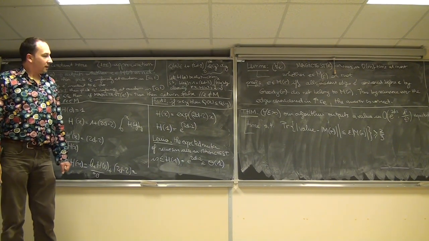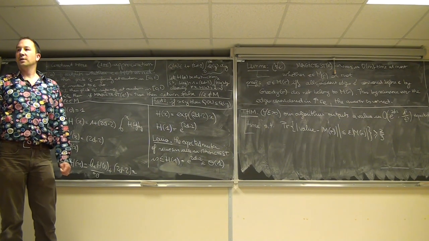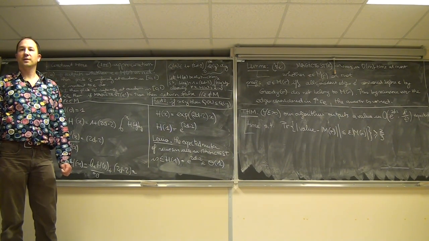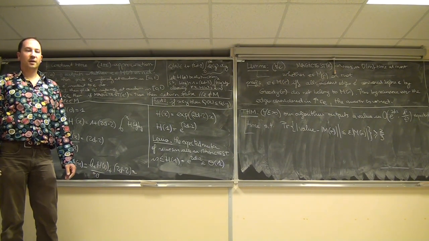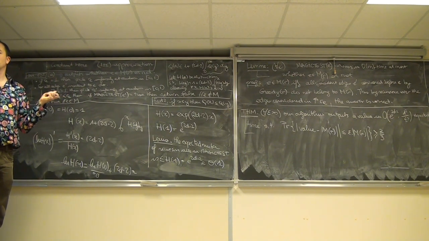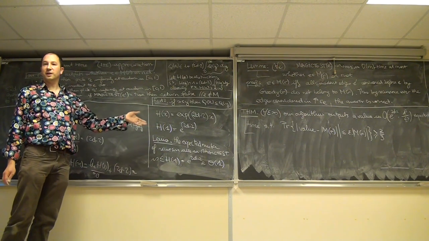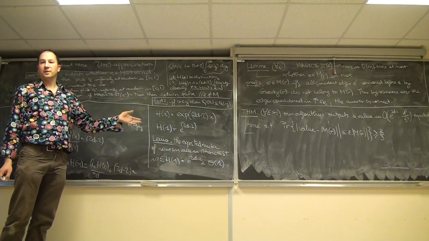Okay? So if you want to improve this 2/3, how do you do it? There are two options, more or less. Either you increase t, you run it longer and use the Hoeffding bounds, or you don't want to increase t, and you run it several times and you take the majority value.